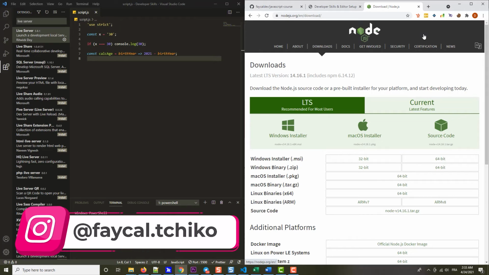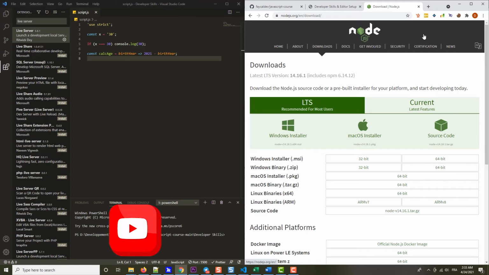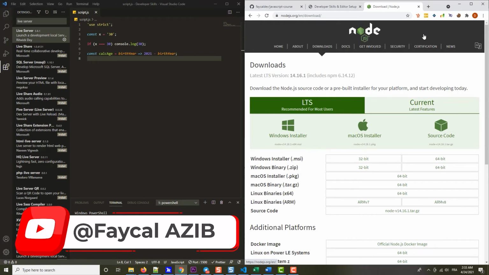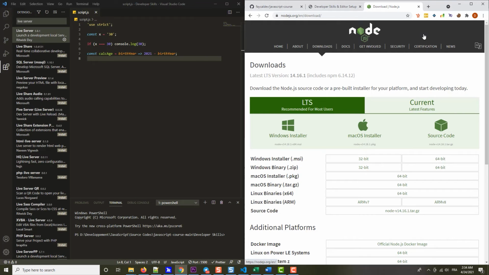Now, if for some reason you cannot do this, or if anything goes wrong, then don't worry. You can of course continue this course inshallah without using a live server. Okay? So please don't get stuck on this video if you don't manage to install the live server for some reason. Okay? Now, anyway, after you successfully install the Node.js, it will become available as a program in the so-called